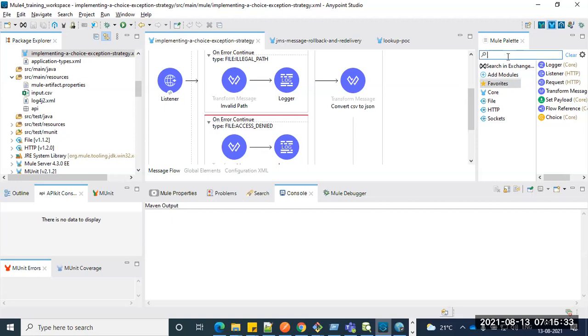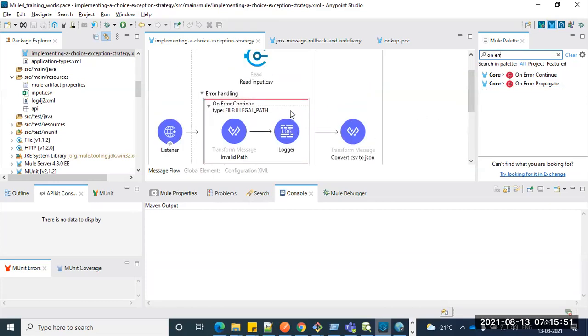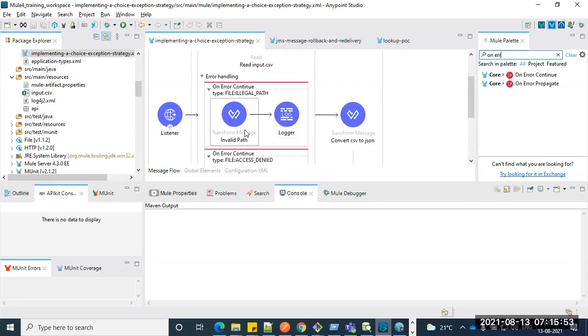You can see On Error Continue here. Let's drag and drop it where you are working with the DB integration or file reading, and based on your condition and error type, it should route to that one, and then accordingly you implement certain logic.